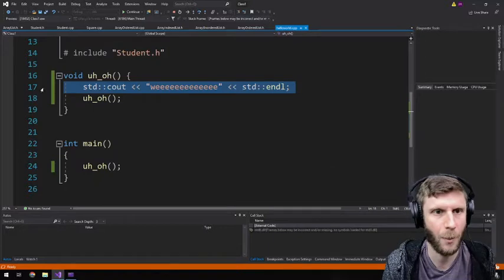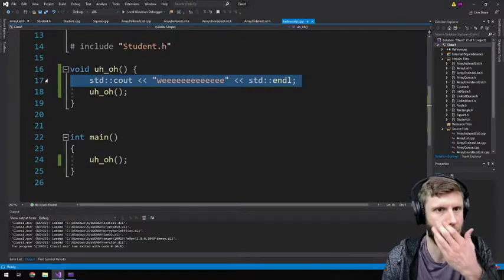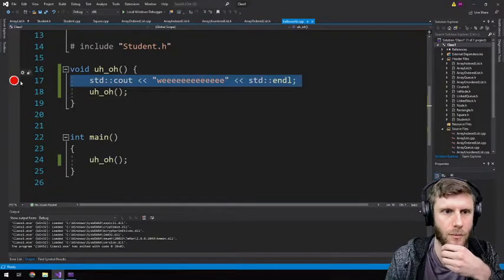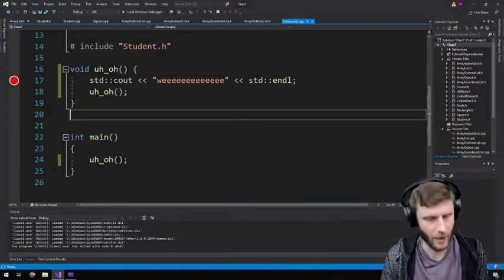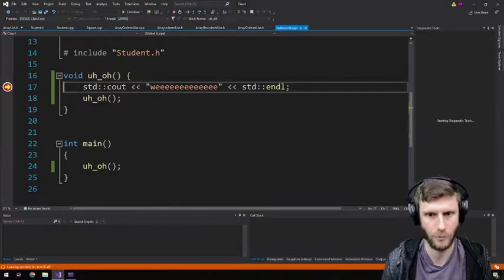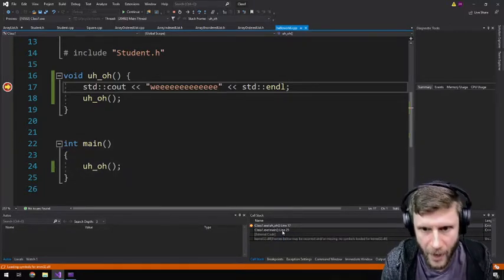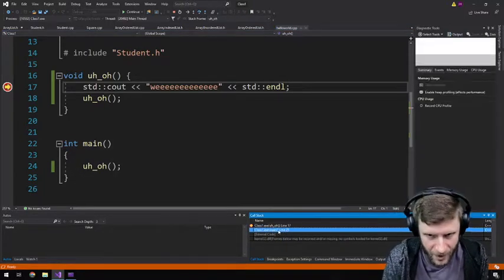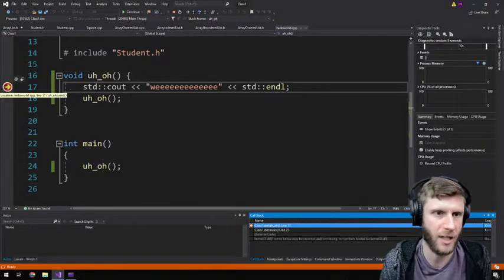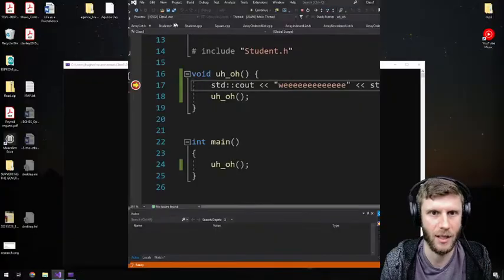You know what? I'm gonna put a breakpoint in, and then we'll be able to explore things better. There we go. All right. So I'm running debug mode. What do we see? Well, the call stack. In the main function, we can see right here that this is the main function. And then right here, it says we called uh-oh. We're stopped on line 17. We see nothing printed out. If I say continue,